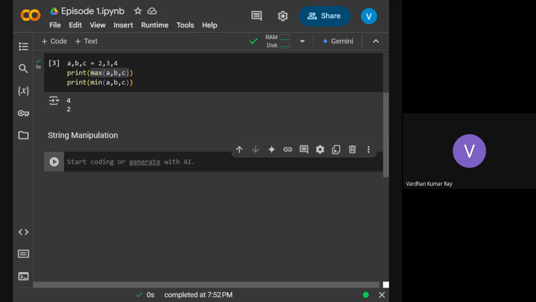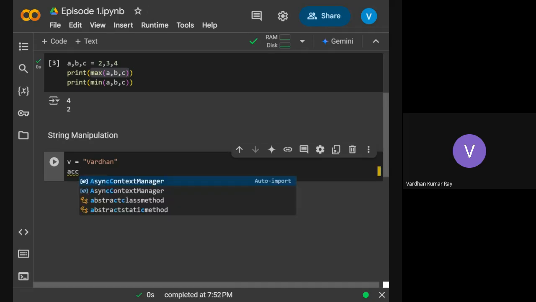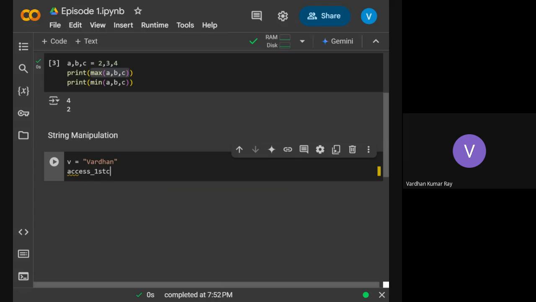So string manipulation. Suppose I have a string, Vardhan. The first thing I would need is to access a character, some character of that string. How do I do that? Suppose I access the first character. I can name this variable, it looks very weird, so I can write it as 0. One thing which is very important in Python is indexing. Not just in Python, it's there in a lot of other things, math, CS.